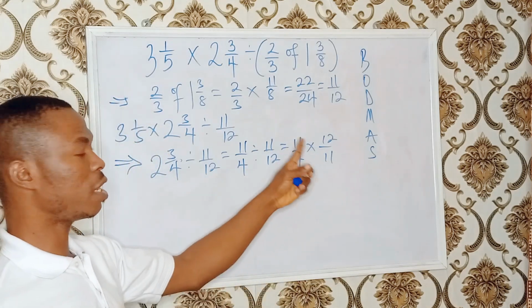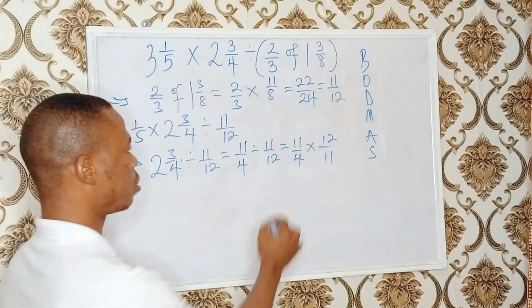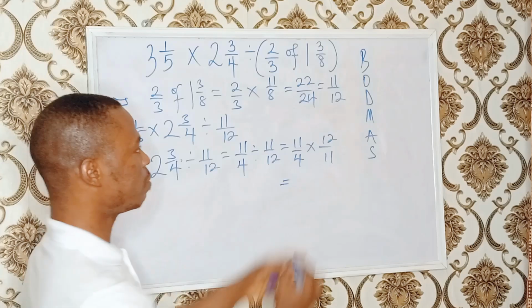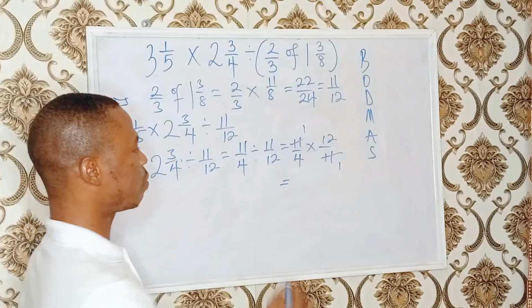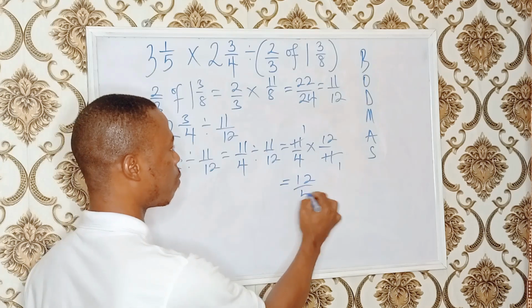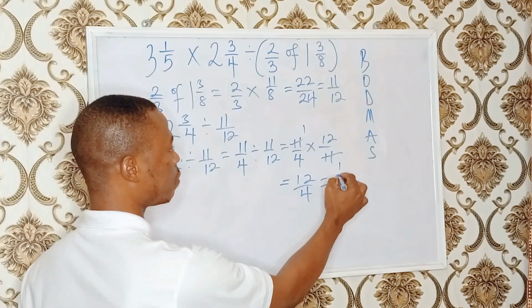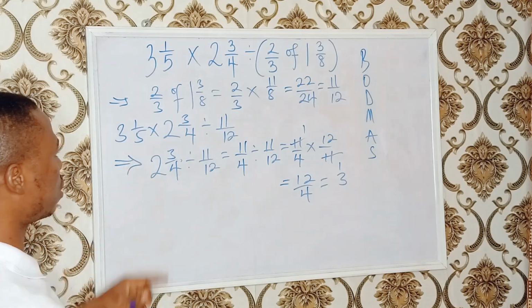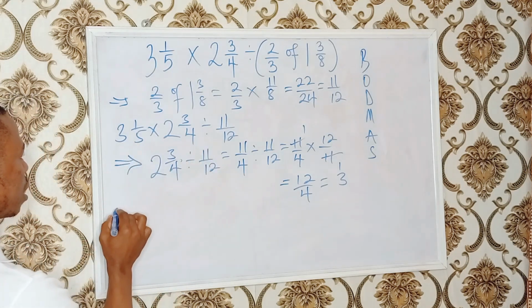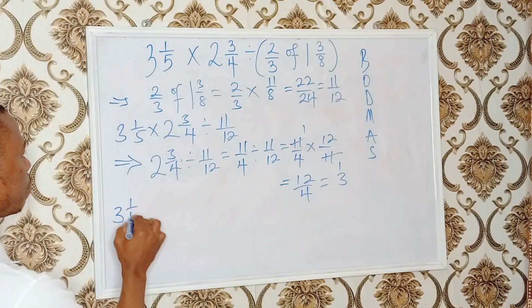And from here, 11 can cancel 11. So 11 can divide 11. So 1 times 12 gives you 12 over 4. And 12 over 4 gives you 3, 12 divided by 4. So you bring it to this and write, that gives you 3 1 over 5